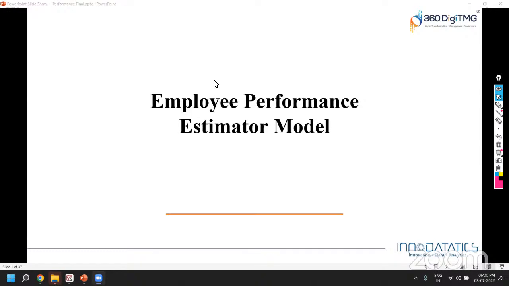Welcome back to the series of the project presentations from 360 DigiTMG in association with Innodatatics. As part of our previous discussion, we had a quick look at how we can estimate the performance of an employee.